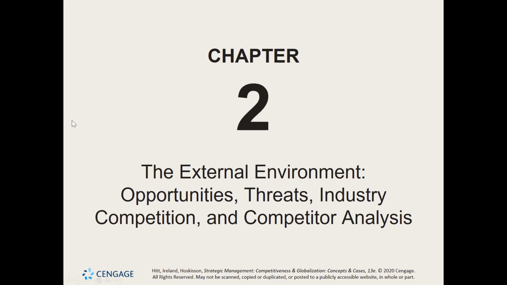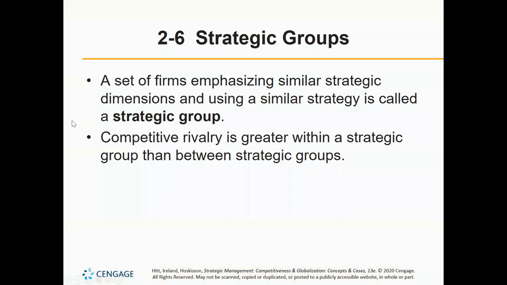In this part, we're talking about strategic groups. A strategic group is a set of firms emphasizing similar strategic dimensions and using a similar strategy. Competitive rivalry is greater within a strategic group than between strategic groups. If you look at a company and those that are most similar to it, they are likely in a strategic